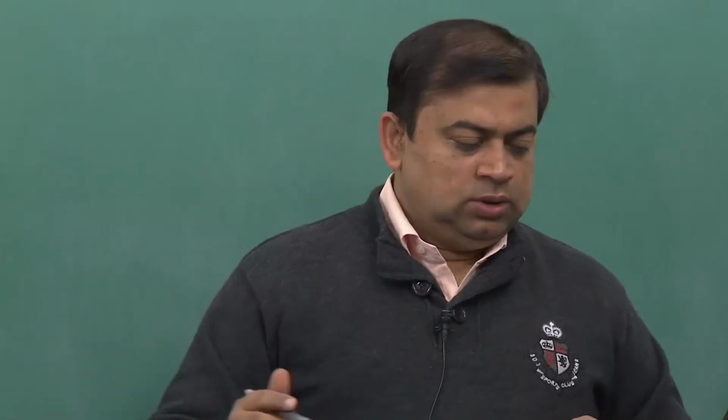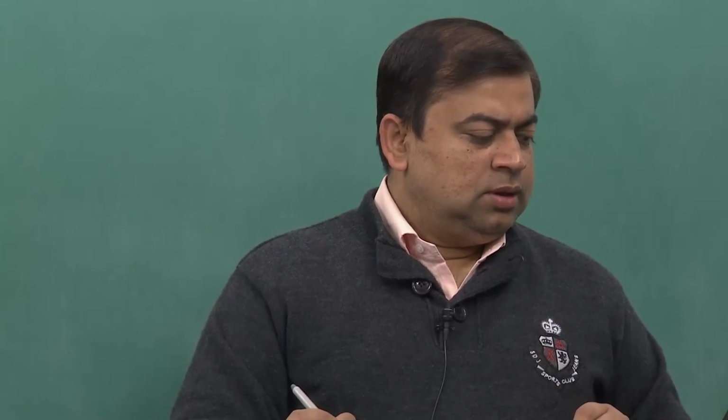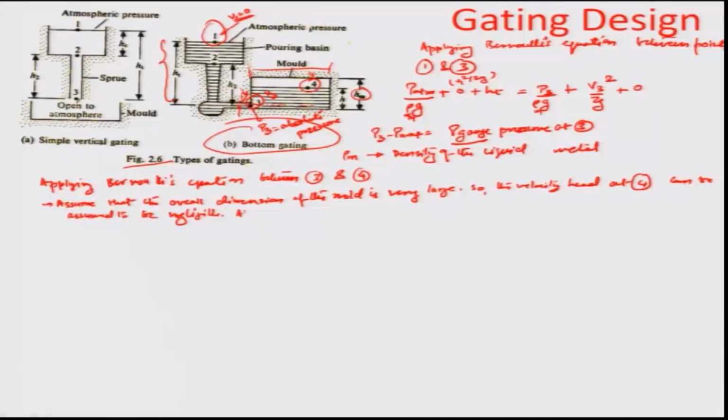So, we assume that to be negligible, and so we can probably also say that at 3 we assume that there is a complete kinetic energy loss due to the metal coming out. So, you can see that at this point 3, because the gate region is again too narrow and